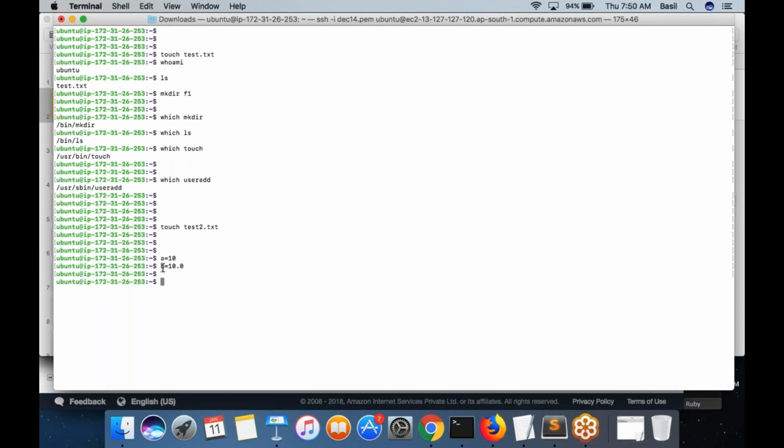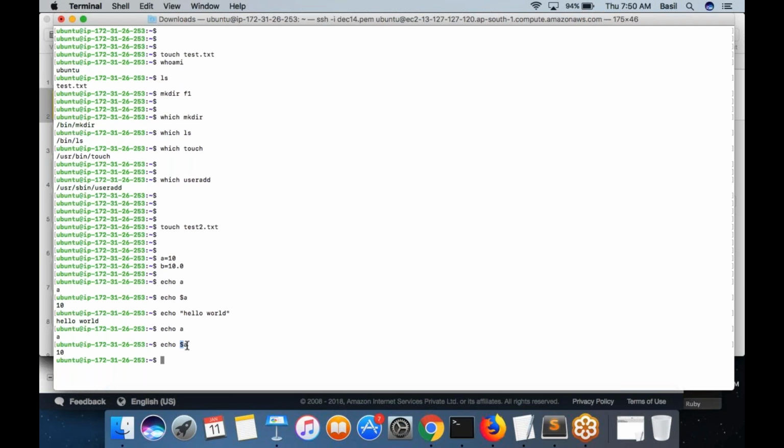And in bash, if you have a variable and you want to see its value, there's a command called echo. You cannot use echo a, you should use echo $a. $a indicates that you want to see the value of a. If you simply type echo a, it will print a. If you want to see the value of a, you need to print $a, then it would print the value. So basically echo is a command in Linux that displays whatever is given to it. Let's say you put echo hello world, it would print hello world. Or you put echo a, it would print a. If you put echo $a, then it would print the value of the variable a.